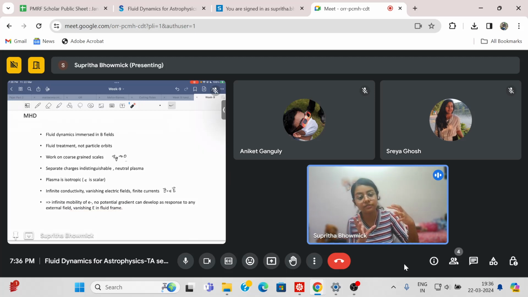In the fluid frame, this is for an observer in the fluid frame. Now we'll ask the question, okay, what about an observer in the lab frame? If the fluid is moving in the lab frame with some velocity v, then what is the electric field that this observer will see? Okay,